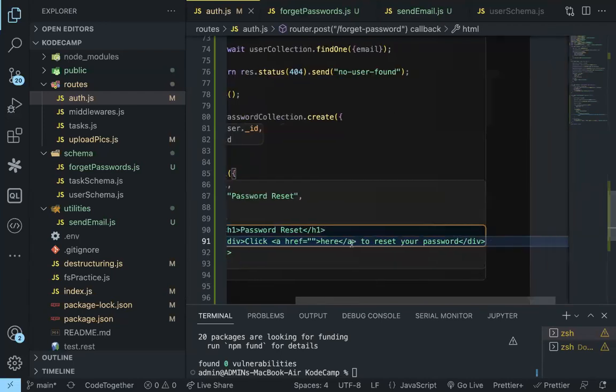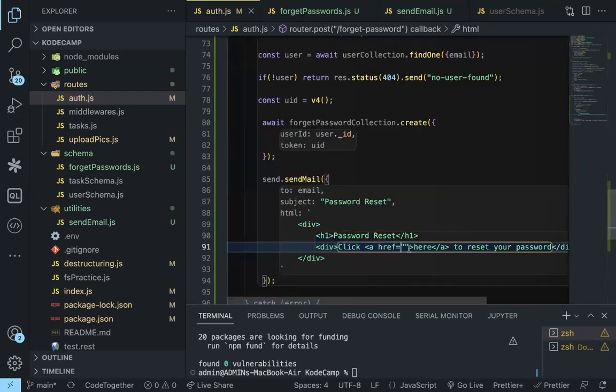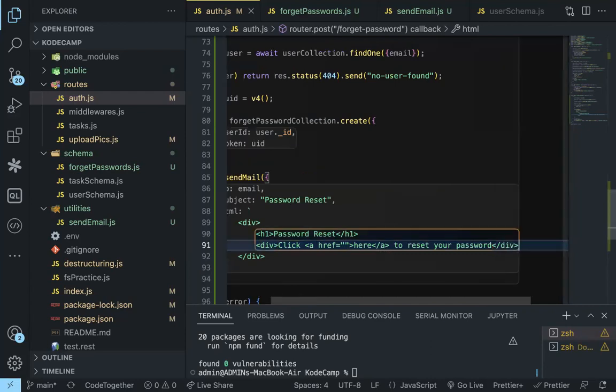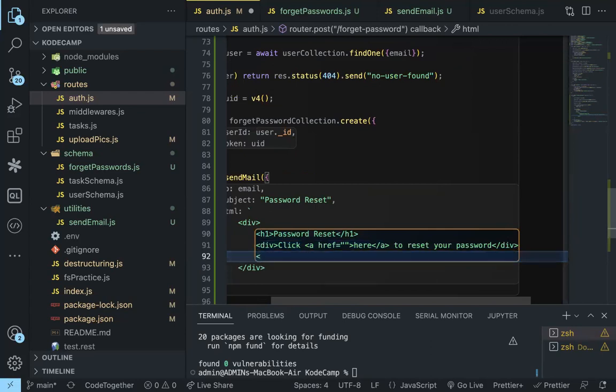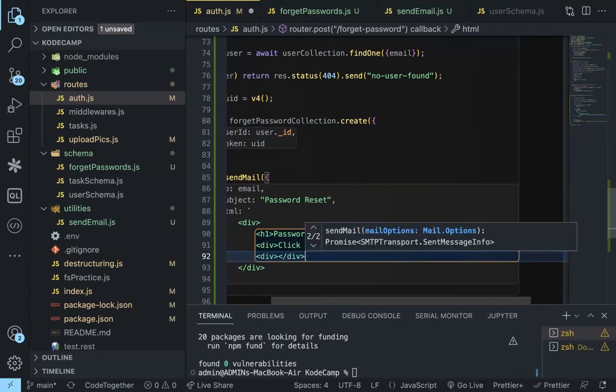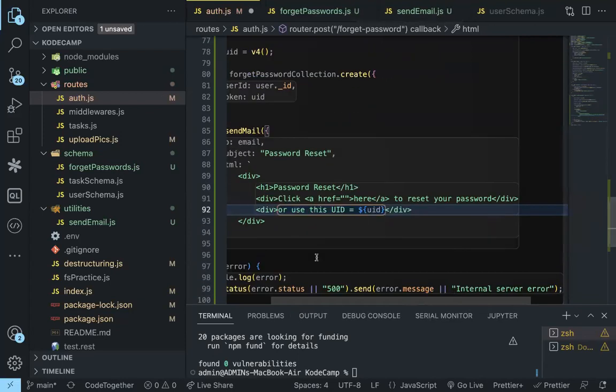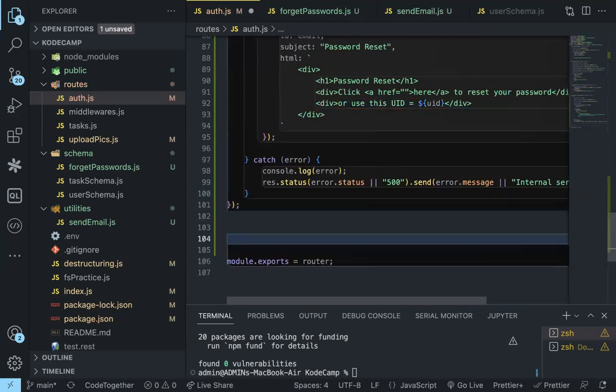So then after doing this, right? Let's just leave that way, or we can also do something like this. I can attach the UID directly. So I could say, or use this UID. So now the route we want to reset the password,